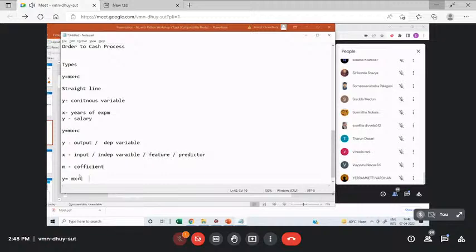Now before that, when I get the data, it is always not in the best format. So I need to first do some sort of data pre-processing. Also call it the data preparation phase.